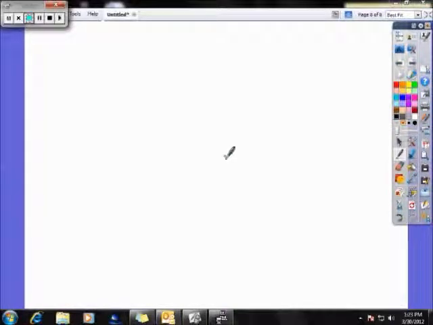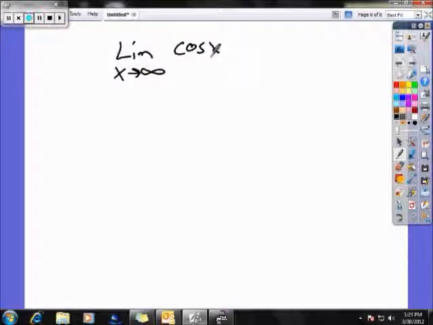Real quick, you guys, I forgot to do one example. Let's say, this is going to be a real quick example. Alright, limit as x approaches infinity of cosine x over x cubed plus 4. Okay? Now it's a fraction. Okay, so it's infinity. So when it's infinity in a fraction, you gotta decide, is the top getting bigger or is the bottom getting bigger faster? Okay? So on a problem like that, remember that